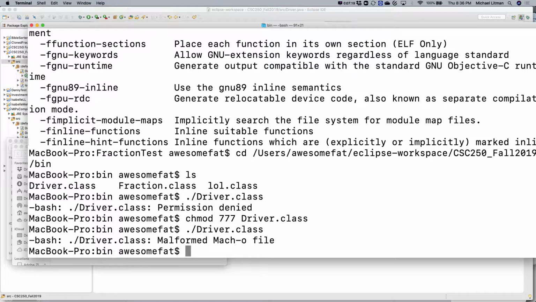All right, so now it says I tried to run it. It tried to treat it as an executable because I tried to execute this thing, and it did the best it could. It said this is a malformed machine code. It can't run this directly. But Java